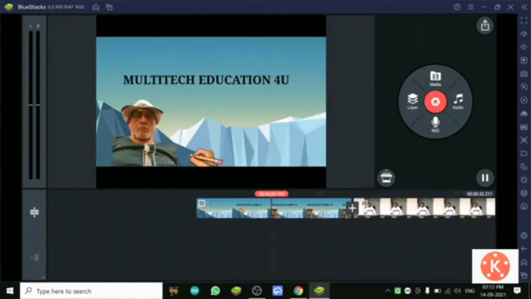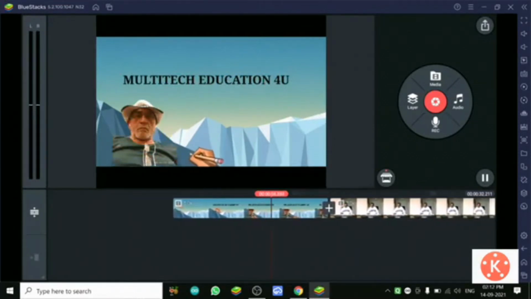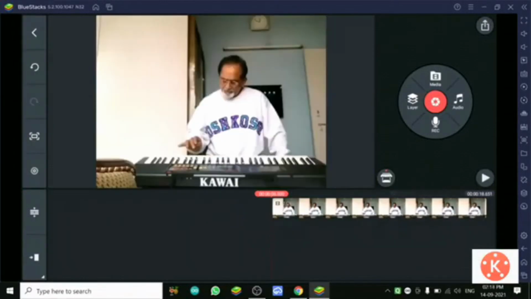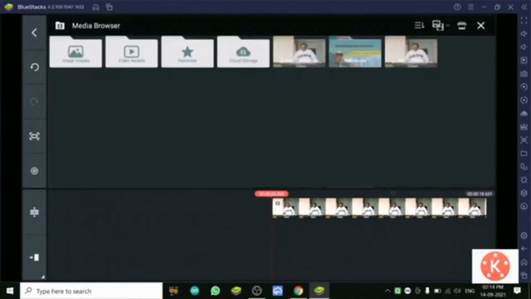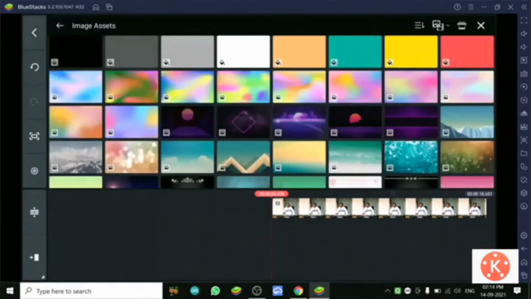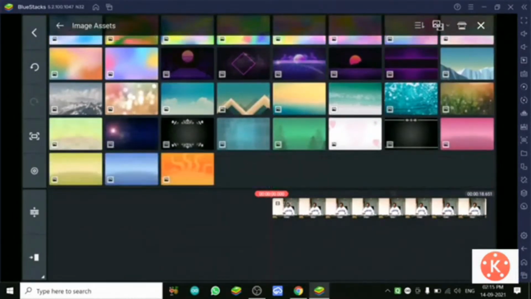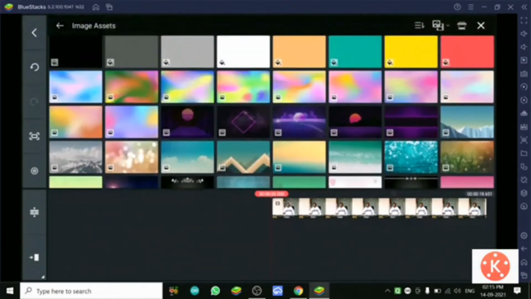I have already saved these small clips in the KineMaster folder. So whenever I need, I just take it out and can use it as main media or as a layer also. Now let us select one more background.